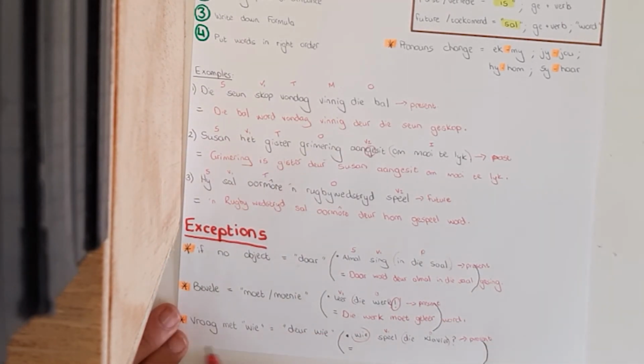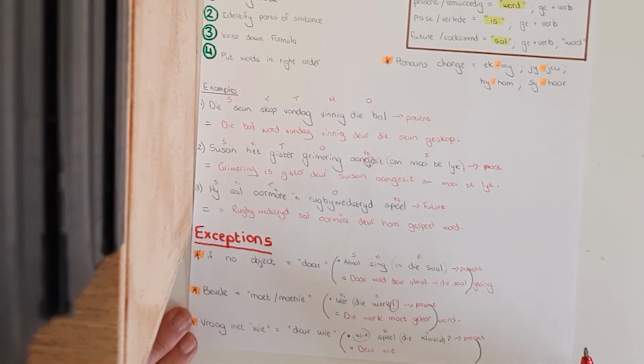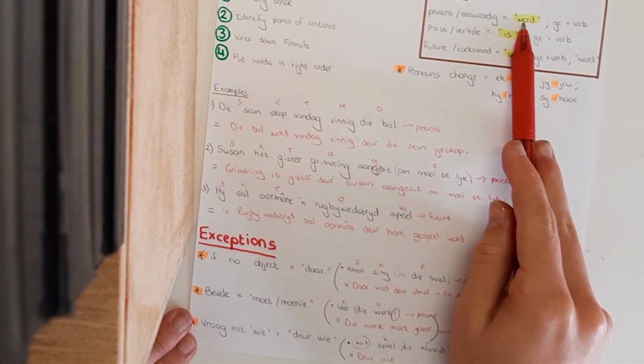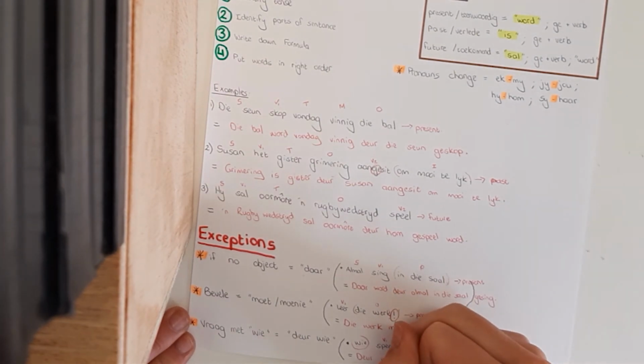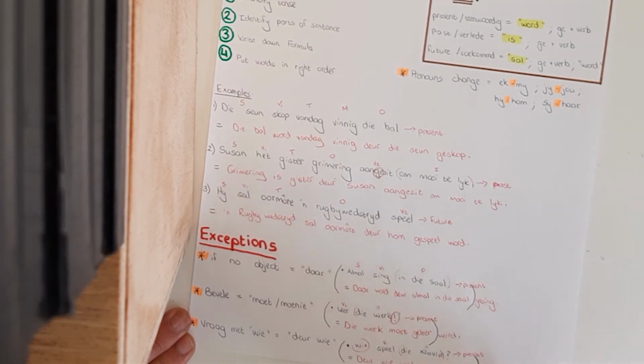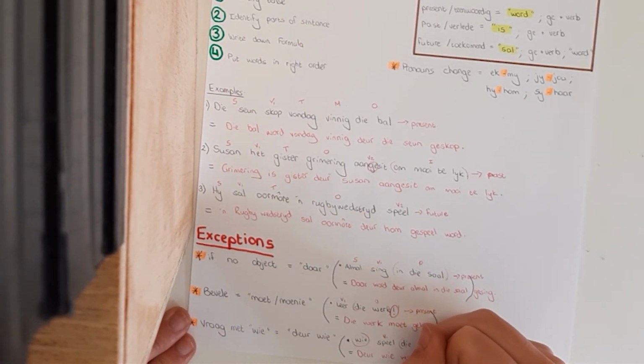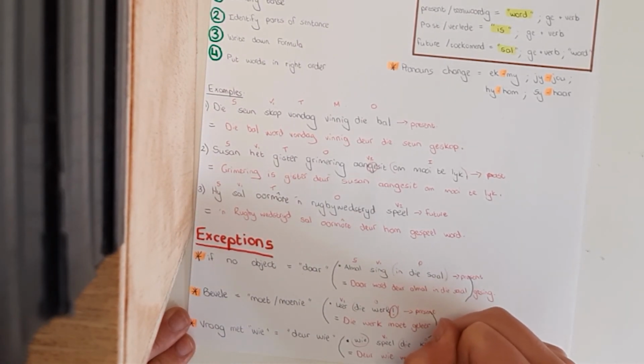Okay. But in this case, when it is a question, you're not going to start with your object. You're going to start with deur wie. Because this is present tense, we know our verb 1 is word. Deur wie word. Now you're going to put in your object. Deur wie word die klavier